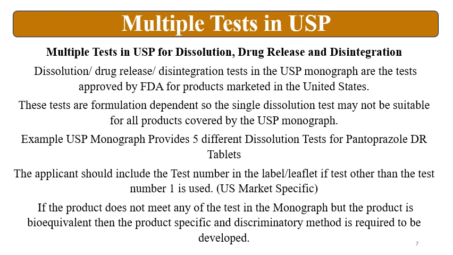If the product does not meet any of the tests in the monograph but the product is bioequivalent, then a product specific and discriminative method is required to be developed. Now if there are multiple tests in the USP for dissolution testing but still the applicant's product is not meeting the dissolution specification with that test, then the applicant can or should make a new method, which is required to be discriminatory, and then that method can be included into the USP after the approval of the